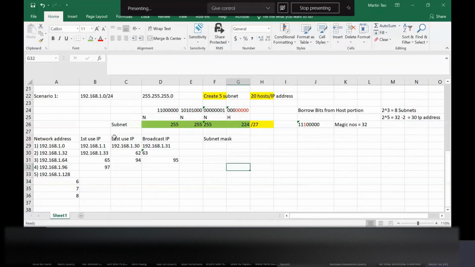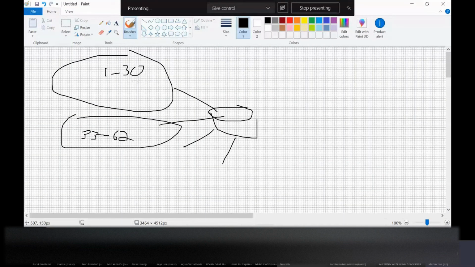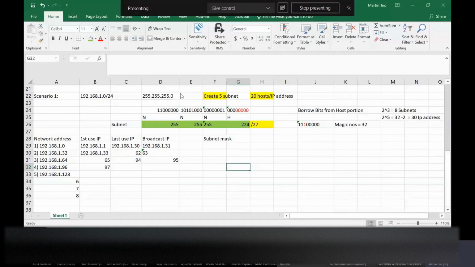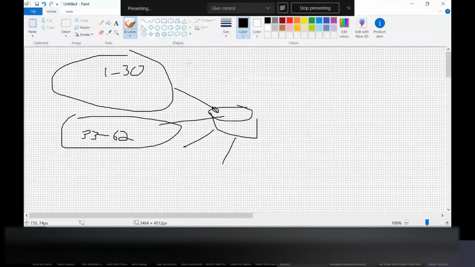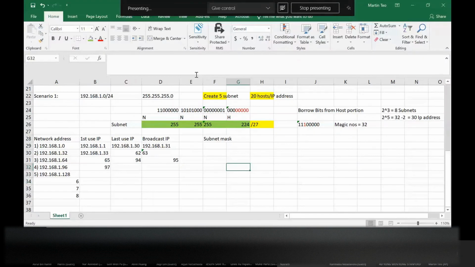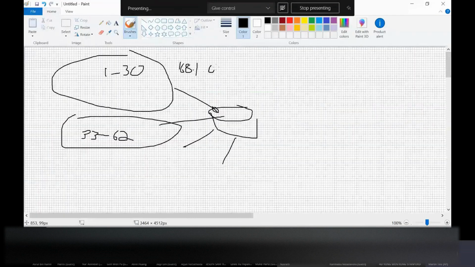So the router will have the interface connected, and it will identify the subnet address connected to this interface. So this subnet, 192.168.1.0, is directly connected via this gigabit interface,